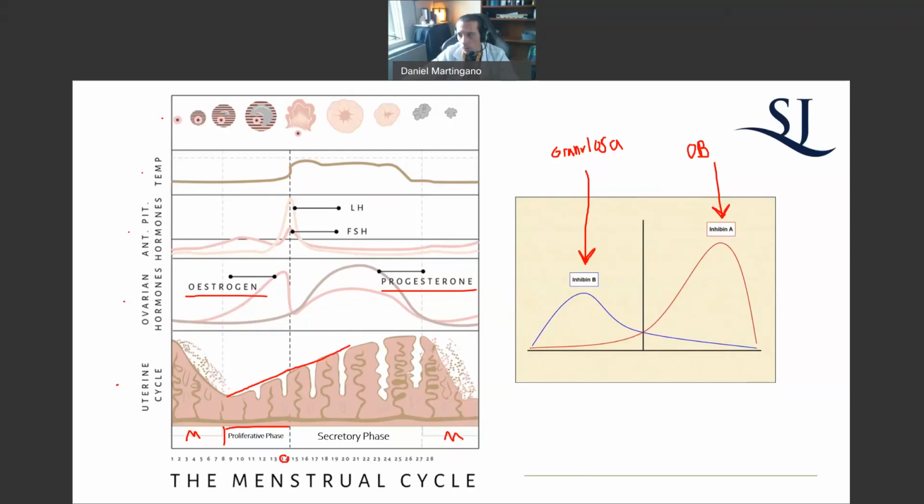So that is why you have your bleeding in the first place. You have that bleeding in the first place because you have unopposed estrogen that keeps growing and you don't have a progesterone balance to maintain it. So this is why you can treat ovulatory dysfunction with hormones in the first place, because you reestablish that balance